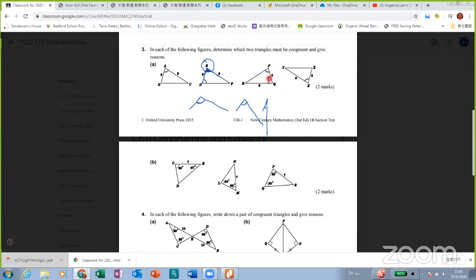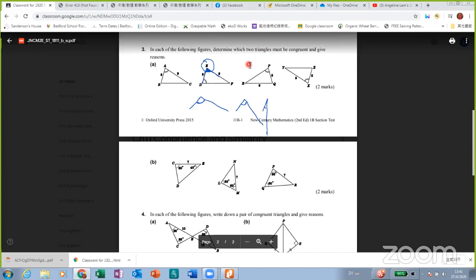Therefore in this case, there is not enough information to tell whether these two triangles are congruent, because I don't know the angle here. Therefore, this angle is important in this case. Okay, and then if you look at these two,